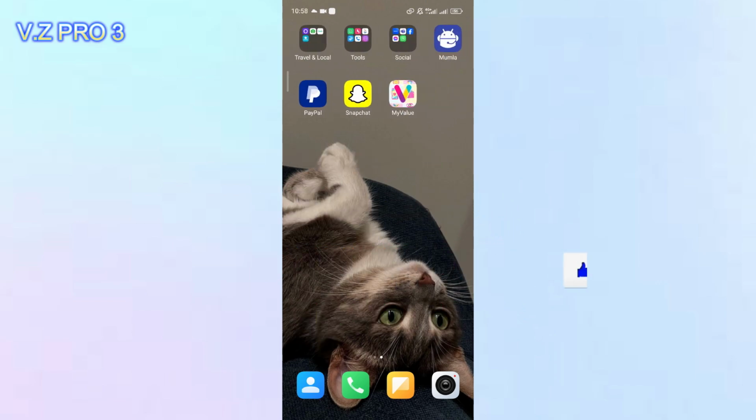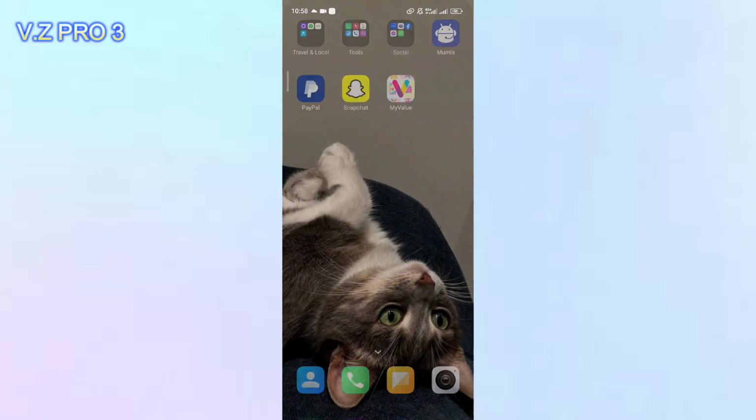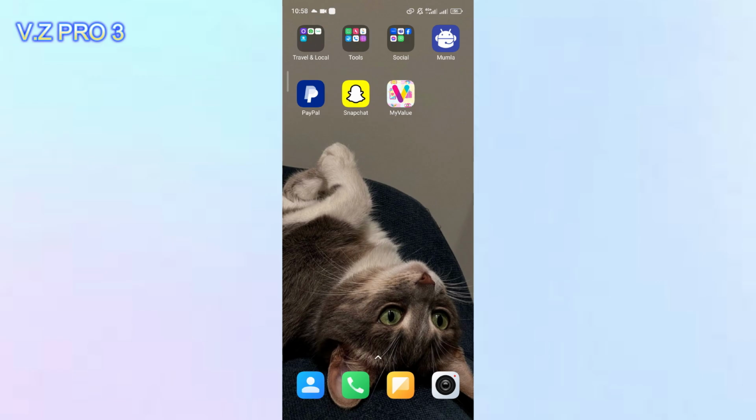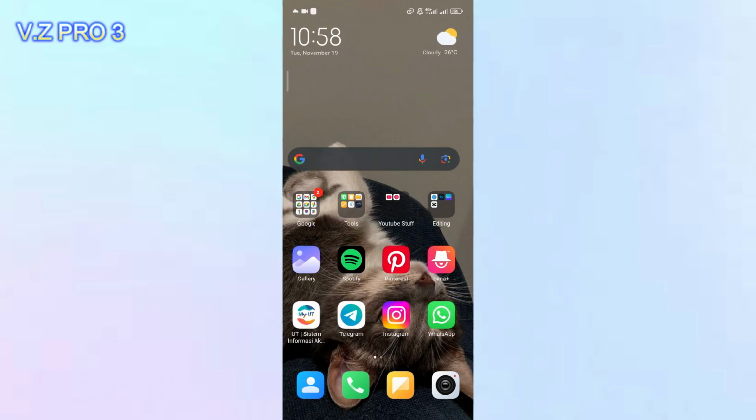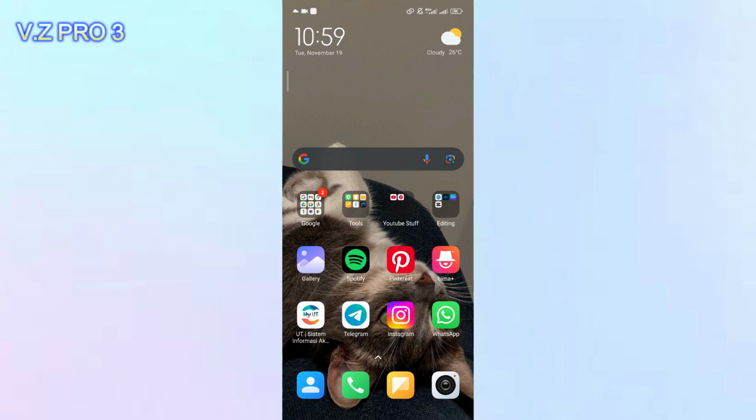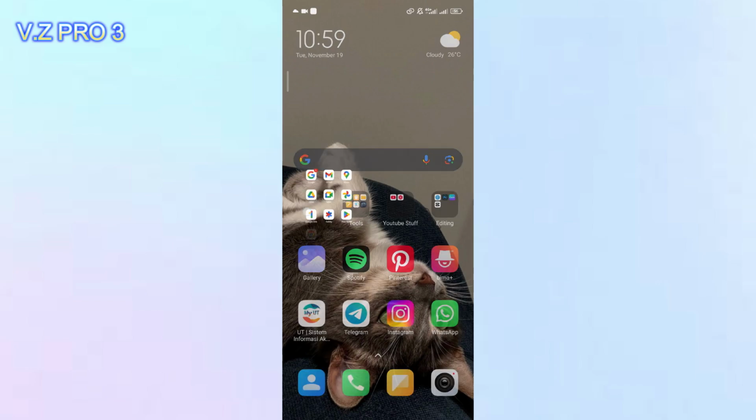So let's go. You don't have to force yourself to use Google Chrome or Samsung Internet just because it's the default browser on your Android device. You can change it to your favorite third-party browser within seconds. And how to do it? It's so simple. So first, if you want to change the search engine on your phone, you can open the